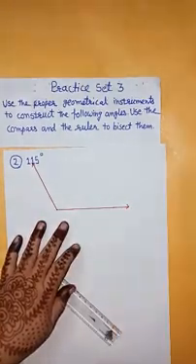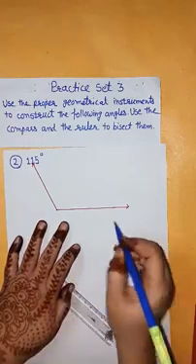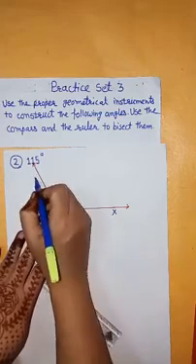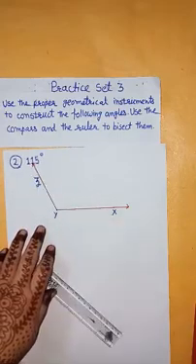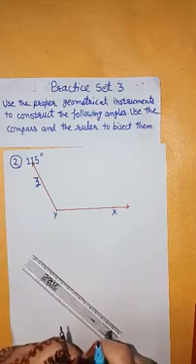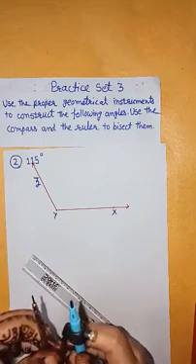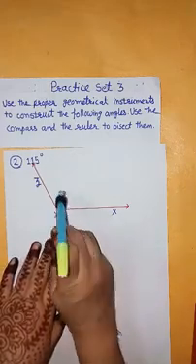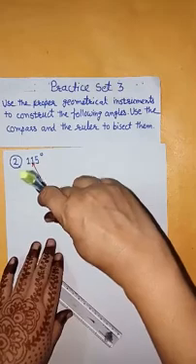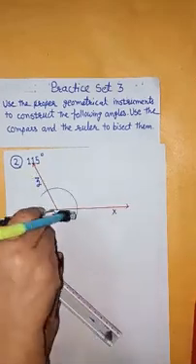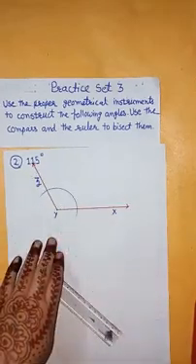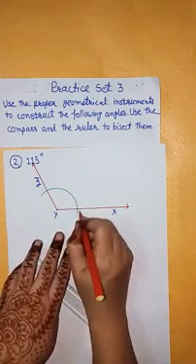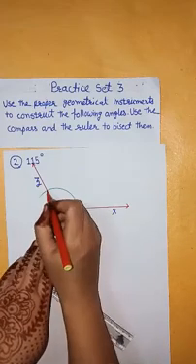Therefore, first we have to write down the name of this angle as X, Y and Z. Again, you know the step. Take sufficient distance between two arms of the compass. Keep the steel point of the compass on the vertex of the angle, that is on point Y. You have to draw an arc which intersects the two arms of the given angle at two distinct points. Name these points as point P and point Q.